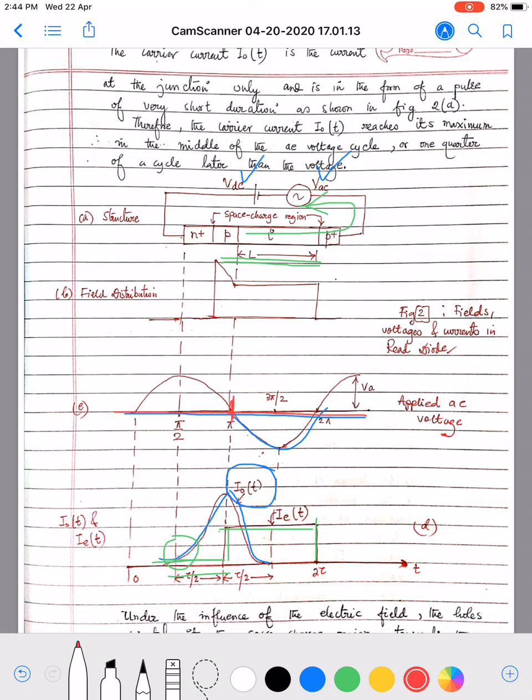So what happens during the AC signal? This is 0, this is pi, and this is your 2 pi. During the 0 to pi, in the N plus P region, a pulse is generated due to avalanche breakdown, as it is reverse biased. As can be seen, it is reverse biased. Now this pulse travels to the intrinsic region to generate a current which we are calling IET in the external circuit.